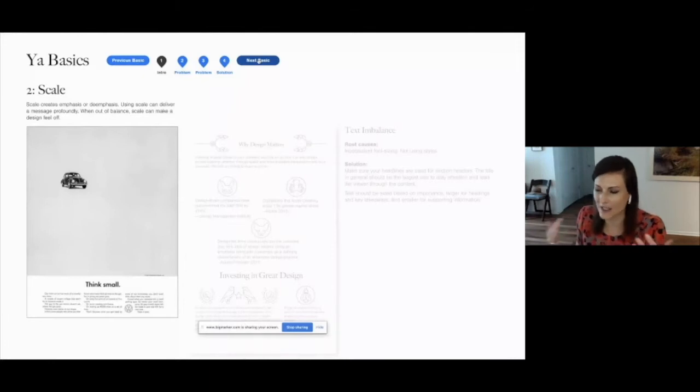And if you haven't, that's fine. You're seeing it now. But it's really using scale to the maximum amount of its power, I think. So the idea is this ad is like, think small. And then they made this little small Volkswagen Beetle on the top, upper left of the page. So it really has this nice asymmetrical balance. And it really does bring power to the statement, to the message. It draws you to that statement and defines it really well.